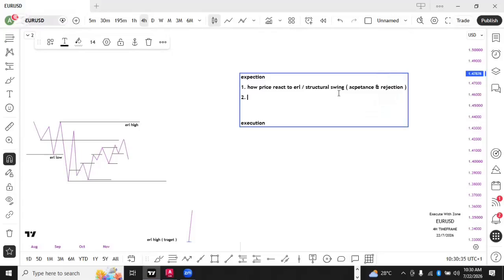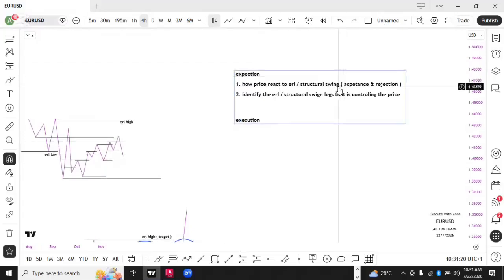you need to now identify the external range liquidity or structural swing legs that are controlling the market. Why am I saying market? Controlling the price. So now, the second thing, these are expectation. How you build your expectation is the next thing, identifying the structural range liquidity, the external range liquidity or